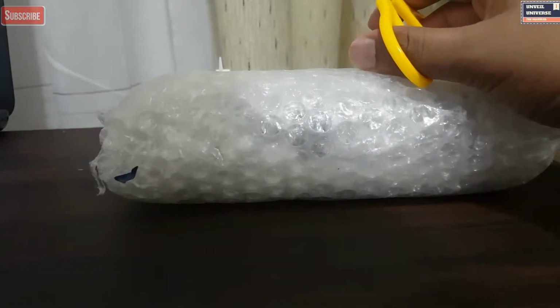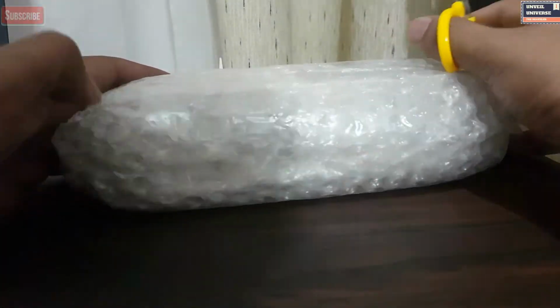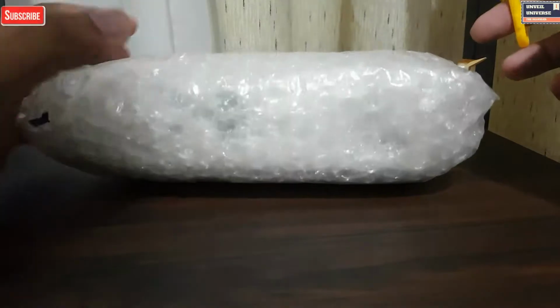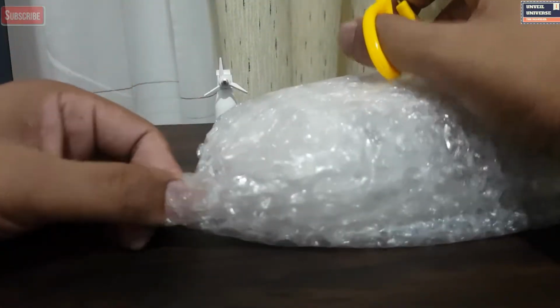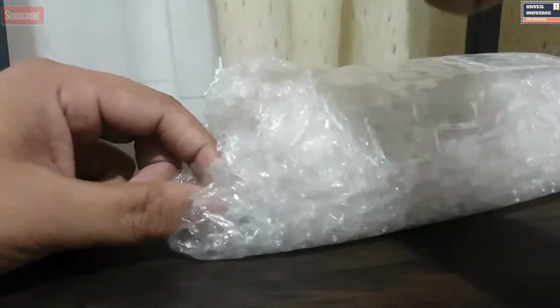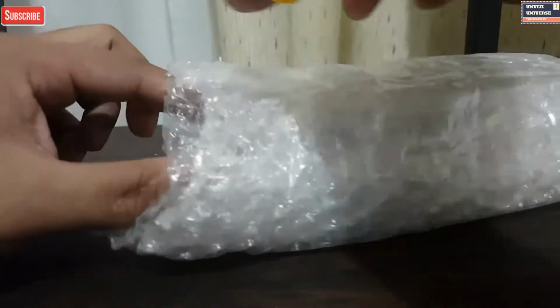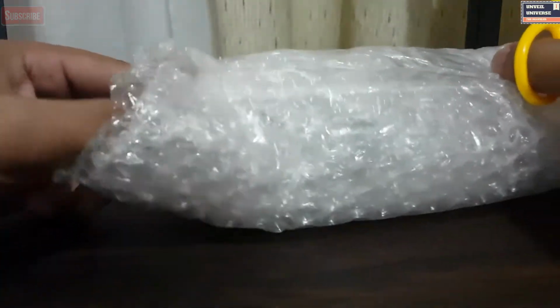Okay, a bubble wrap, so we can have a good time pass with this bubble wrap. Let's open this up and see what's inside. Where is it really from? I have got this little scissor that's quite small. Okay, so we can put this thing out and see what's